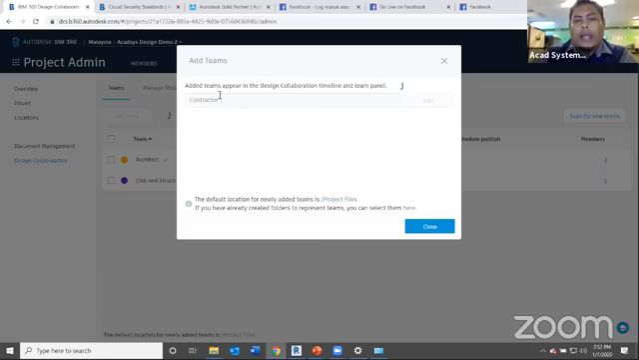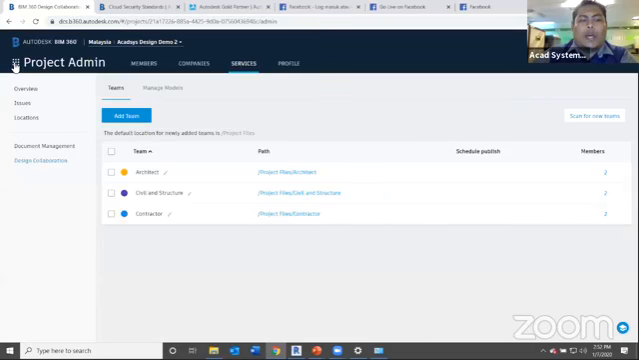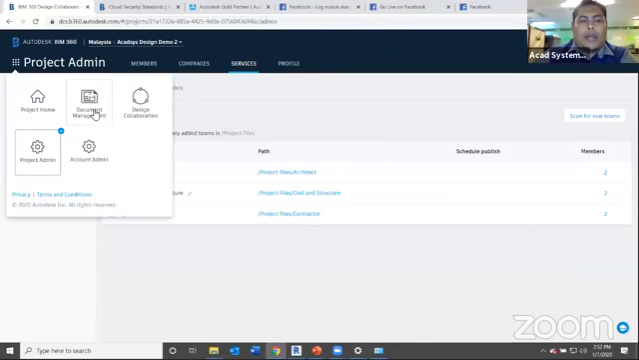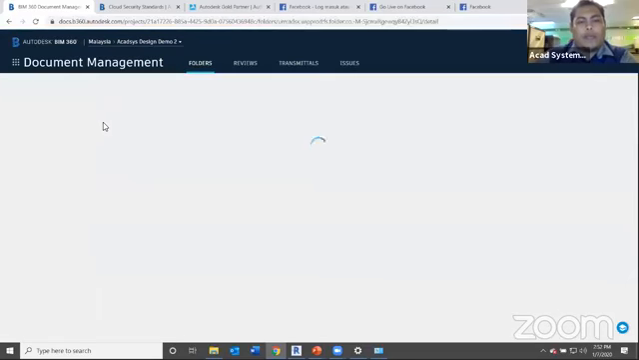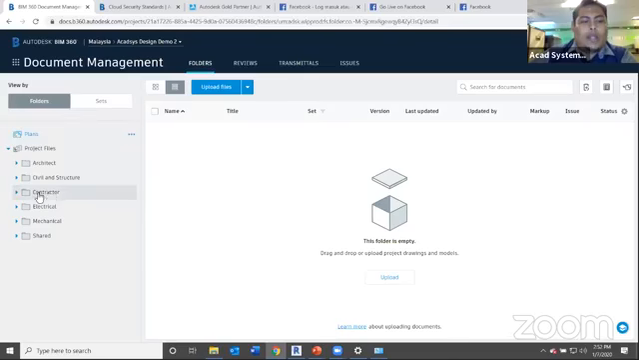So by adding these themes, it will actually automatically create the folders that you first see in the BIM360 documents. Okay, let's say we have added these contractor folders. So when I'm going back to my document management here, you will see there is a folder for contractor where you can upload,